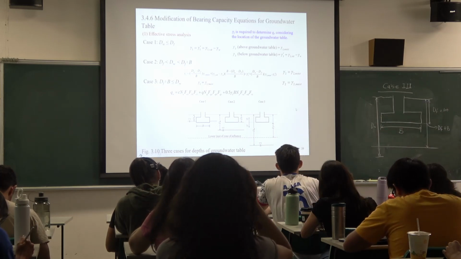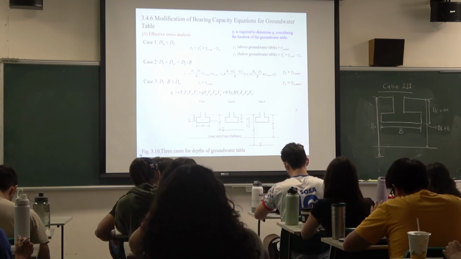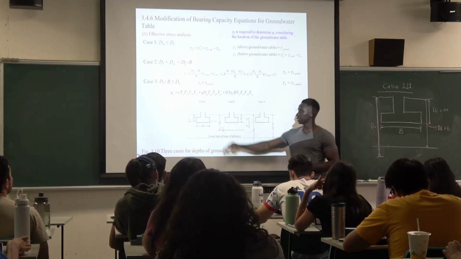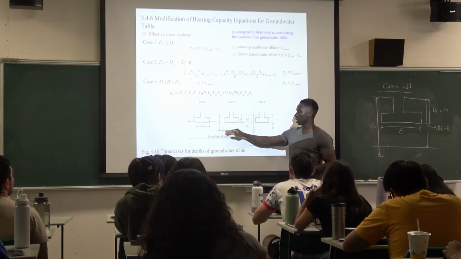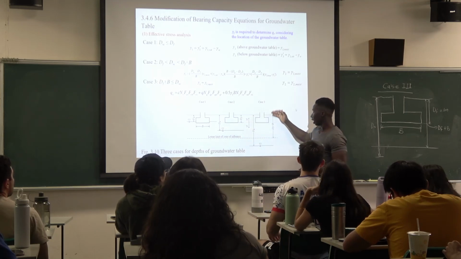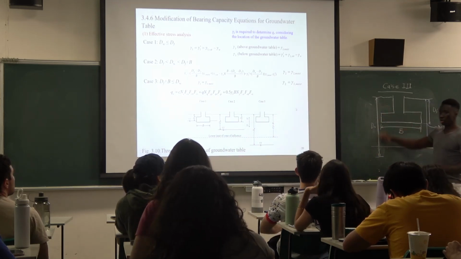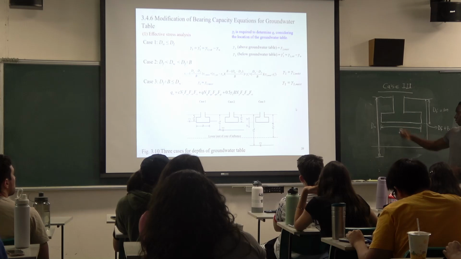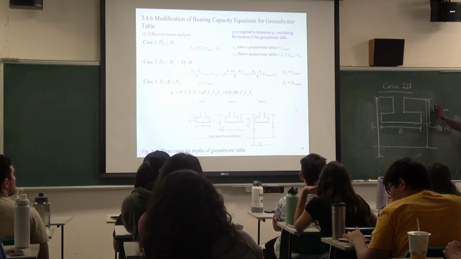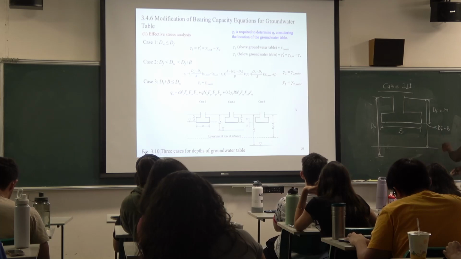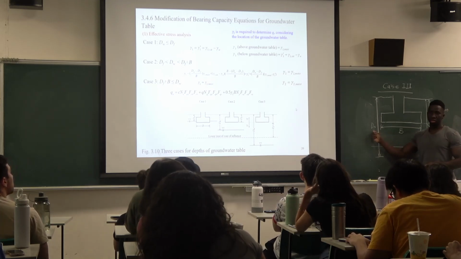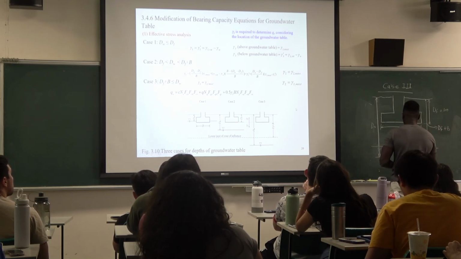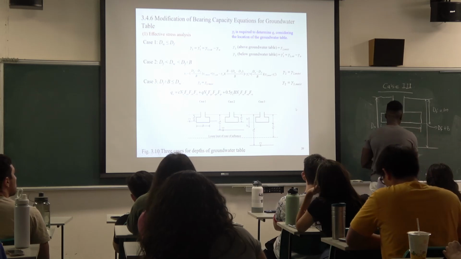Okay, and the final one will be case 3. So case 1 we said the water level is a little above the footing, and case 2 it is just a little bit below, and for case 3 the water level is all the way down. It's really far away from the base of the footing. Okay, so in this case, this Df plus B is actually still less than the depth of the water level. So you can remember previously we said when we are going to calculate the Q,